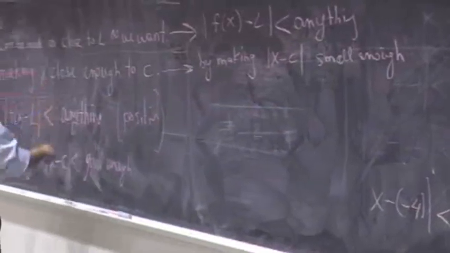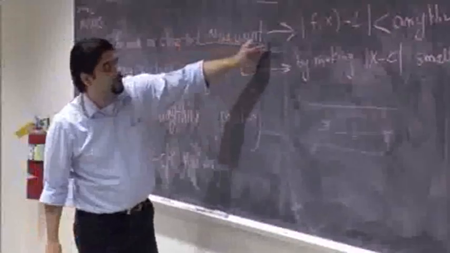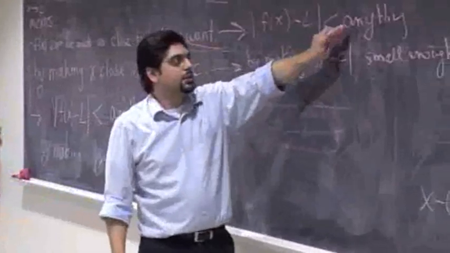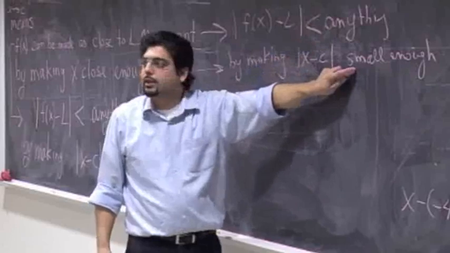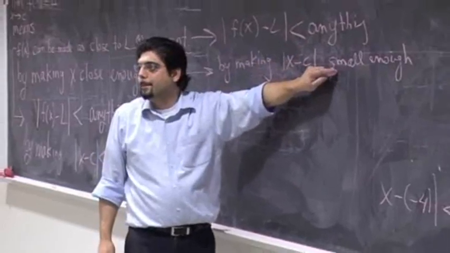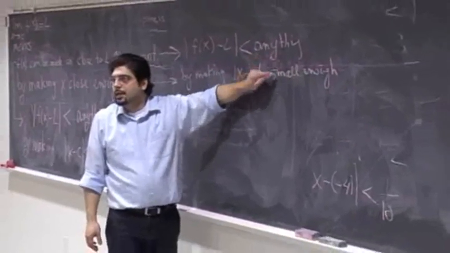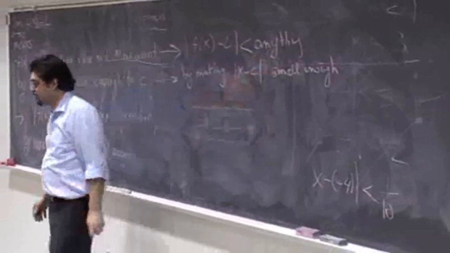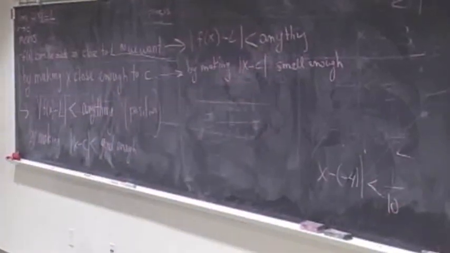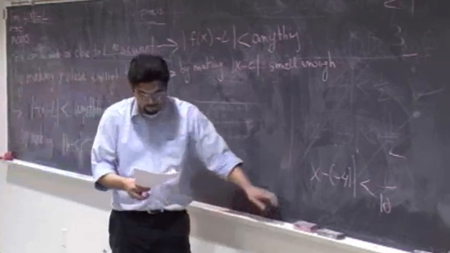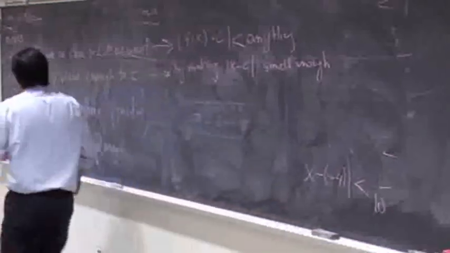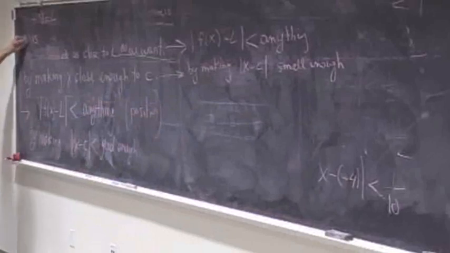Because the definition said as close as we want, which means I should be able to give you any number here, and you'll give me a good number here that will satisfy that. Okay? And that's the formal definition of a limit. And I'll write that down now. Well, maybe I should do an example with